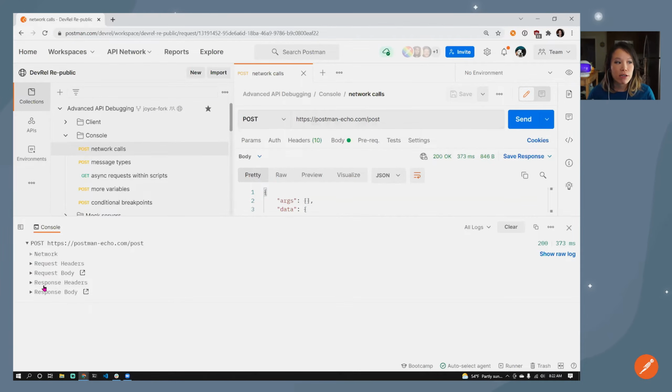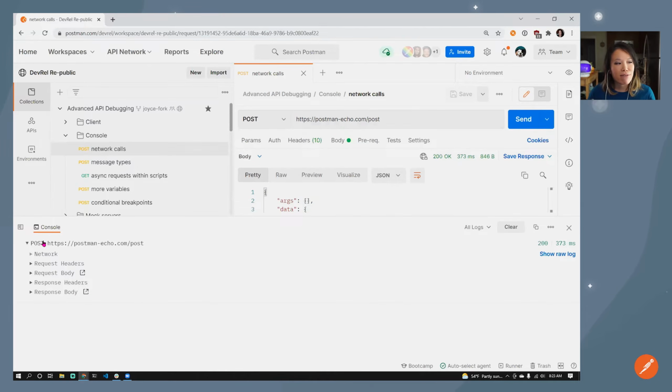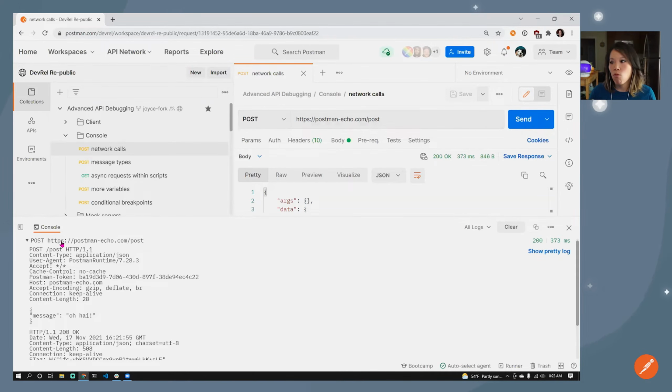Here is a very concise view. A lot of times I'm able to see string substitution errors or unresolved variable errors because I can see the exact request URL that's being hit. I can see the headers, inspect all that. And if this is too pretty for me and I'm like, what is Postman making it super pretty? You can actually see on the right side a raw view of what is actually being sent from